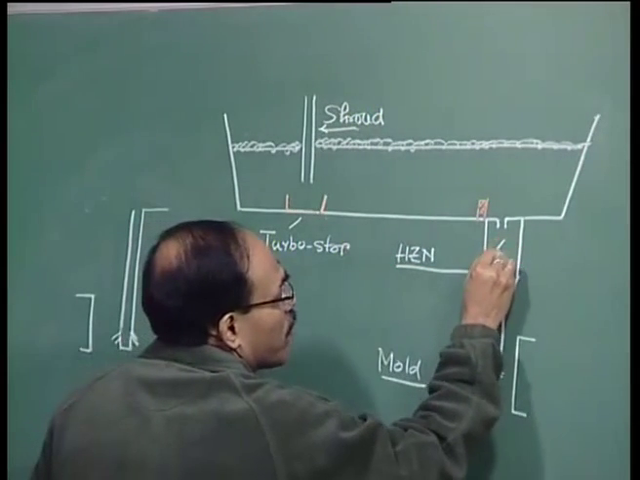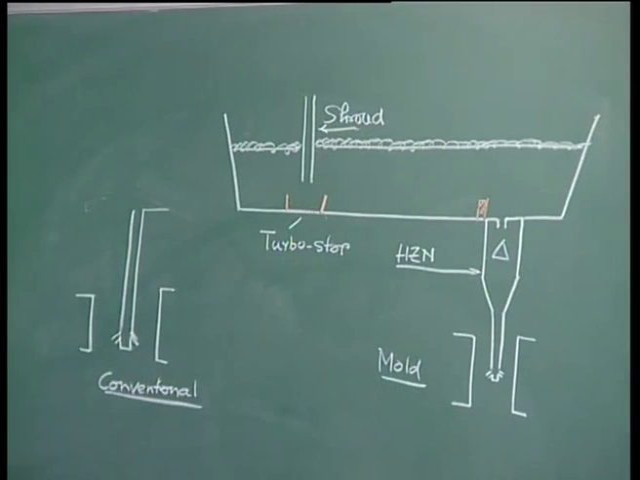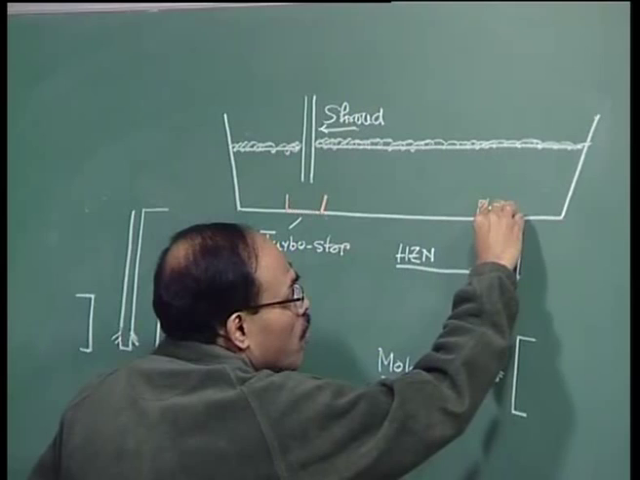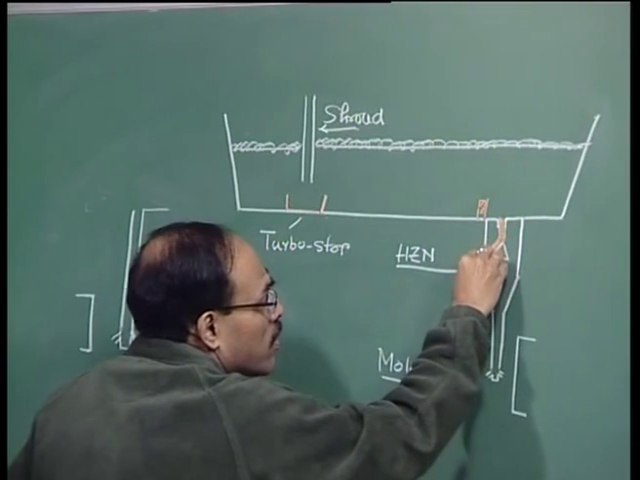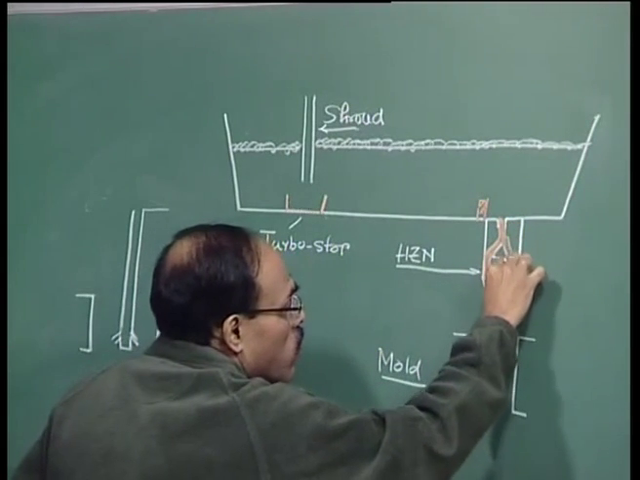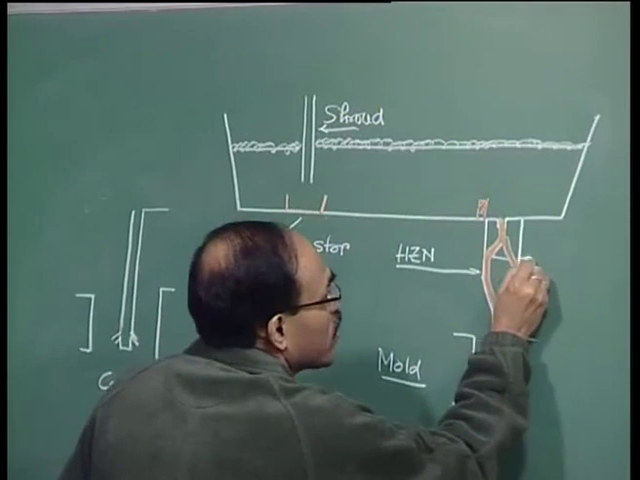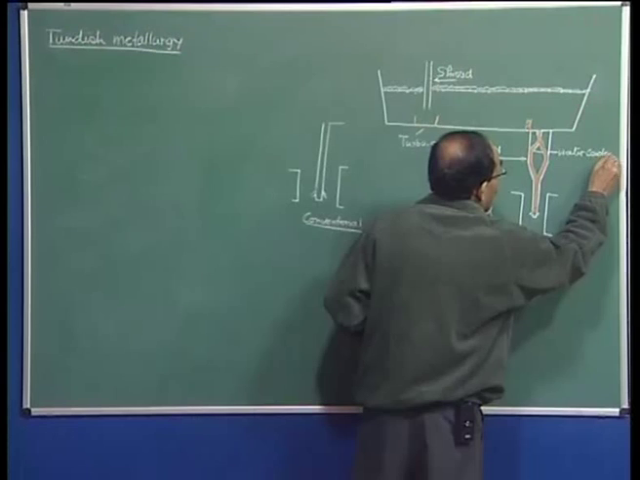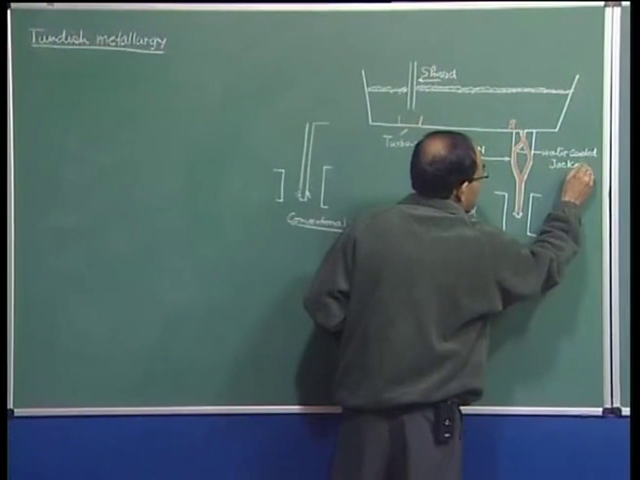So, this is a refractory baffle. What happens is molten steel comes from the tundish, it impinges here and then it flows like this. That is the way it flows. And this is a water cooled steel jacket,